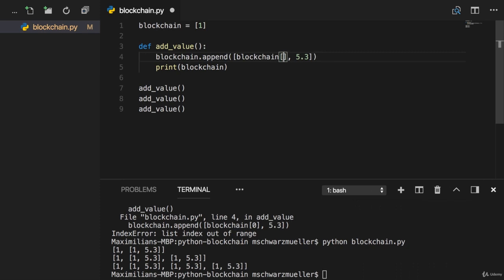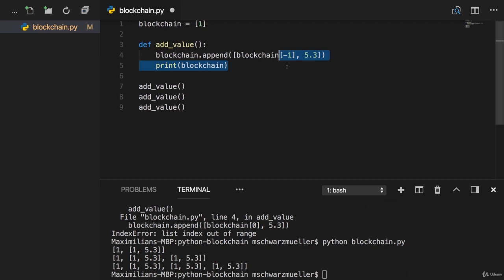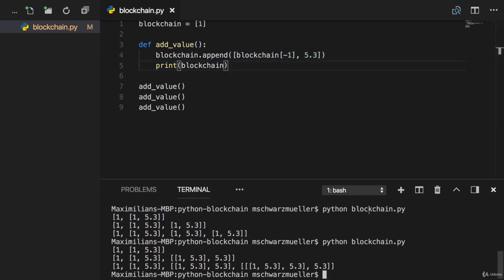So 0 is the first element from the left, but -1 is the last element because we start accessing it from the right. And why not -0? Because there exists no such thing as a -0. So -1, we could also use -2 to use the second last element, but -1 will actually now give us the last one. If we save that and I run that code again, you see now what we have is